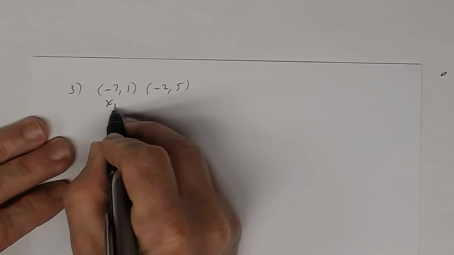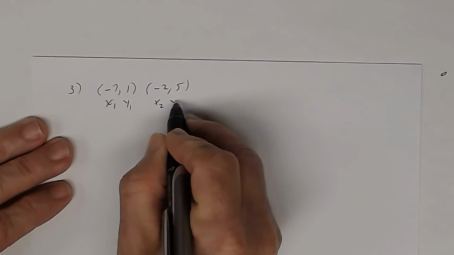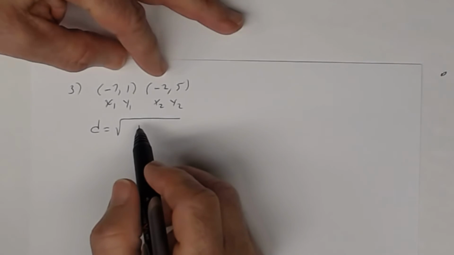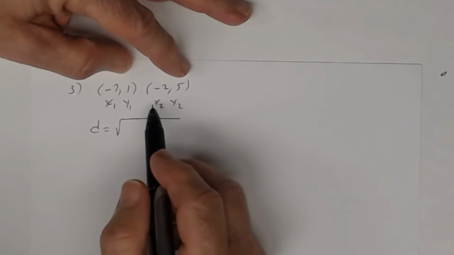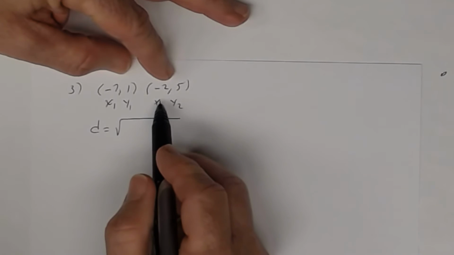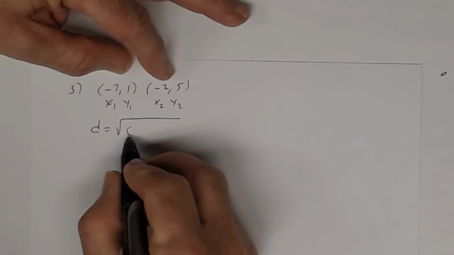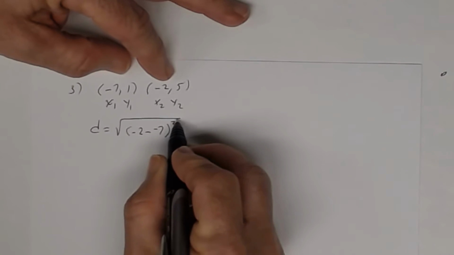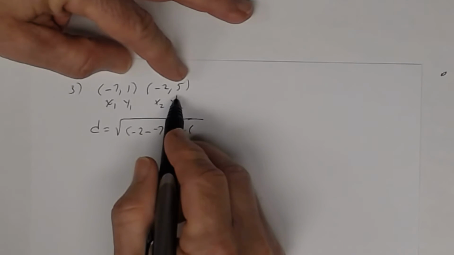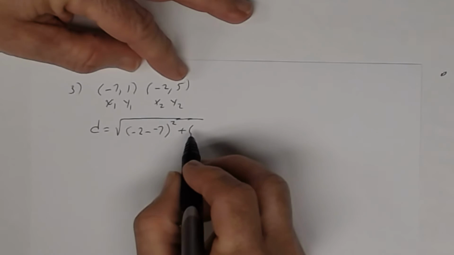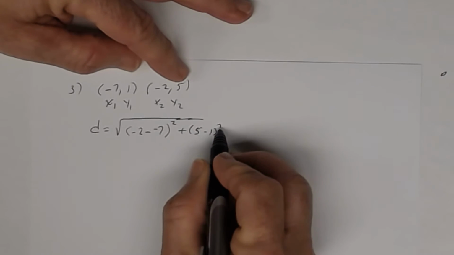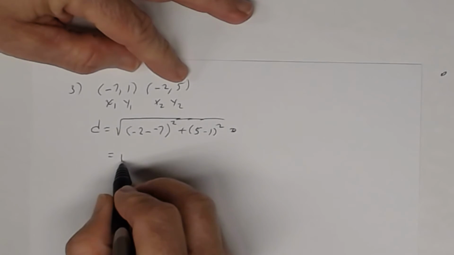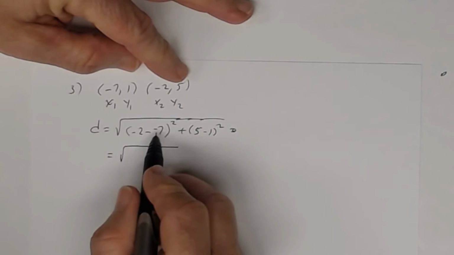So let's label these x1, y1, x2, y2. So the distance equals the square root of, now remember you're finding distance, so you can subtract these coordinates. So negative 2 subtract a negative 7, so you subtract the x coordinates. Negative 2 subtract a negative 7 squared, plus, and then do the same thing with the y coordinates. 5 subtract 1 squared equals, and let's do that here, equals the square root of, simplifying the